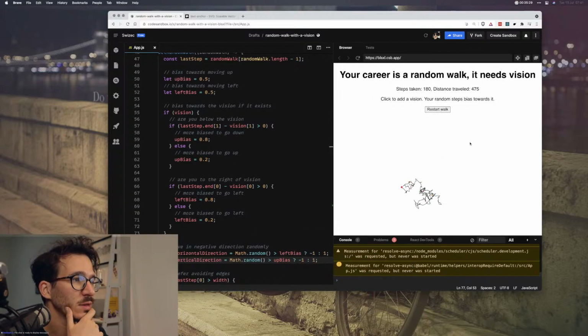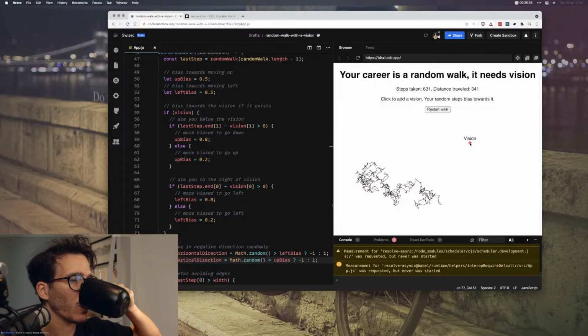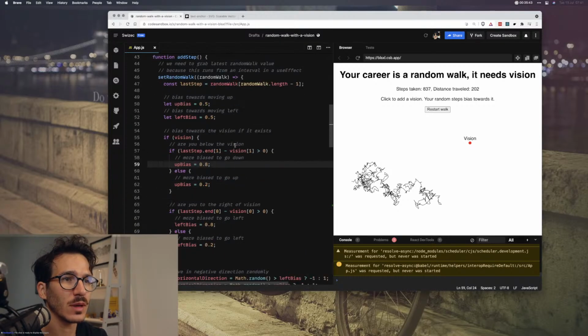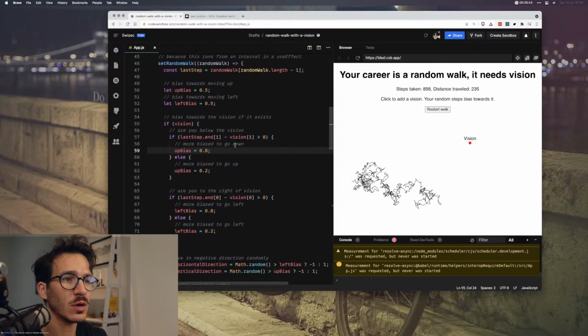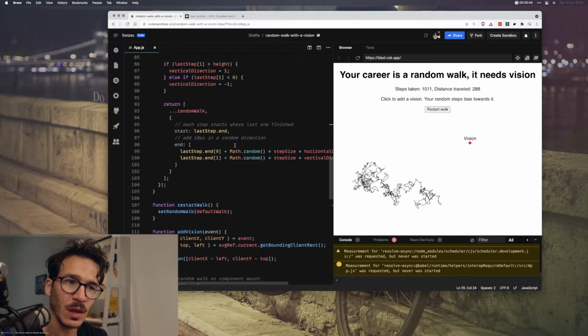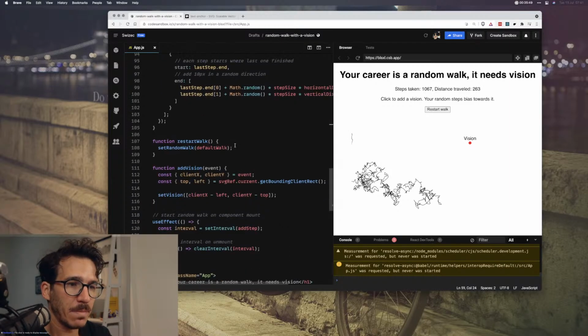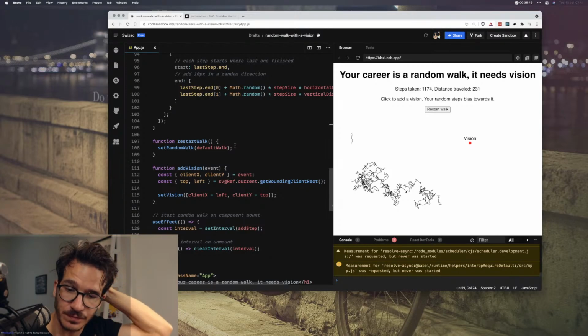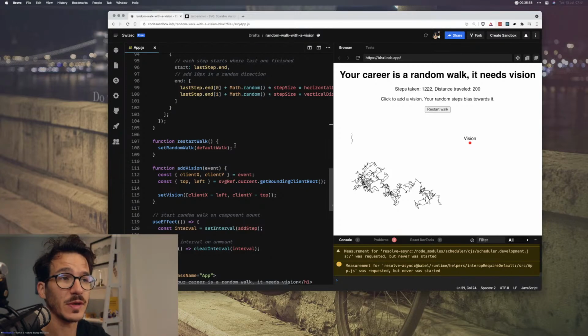Okay, now let's see. So we have that. And when we set the vision, that did not seem to change anything. Why is that? What am I getting wrong? Add step, set random walk. Oh, I am getting bitten by stale closures.